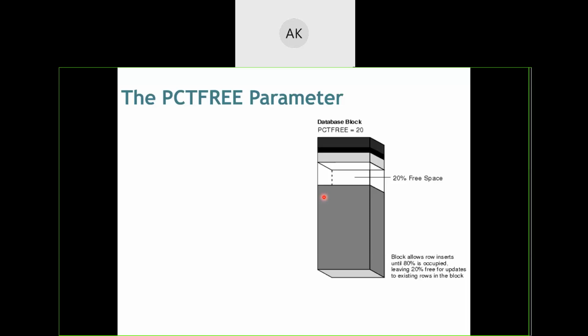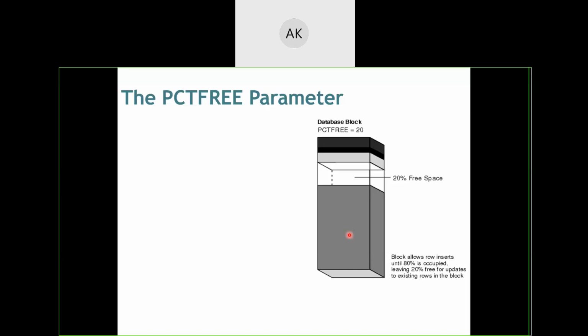But that rough margin is also needed, though it is not of such importance. Like that, percentage free is to be set to some percentage, and percentage used should also be set to some percentage, and that percentage should be decided by the database developer.